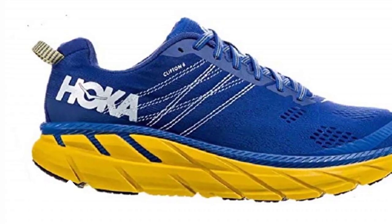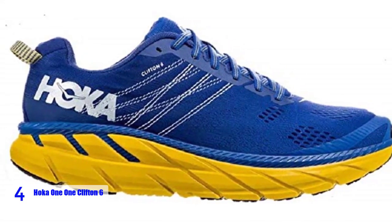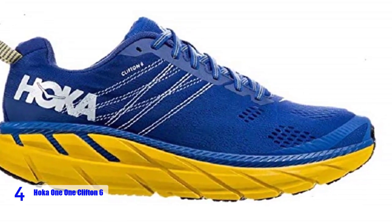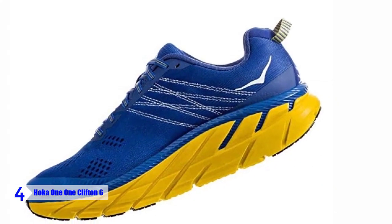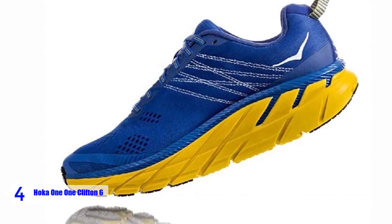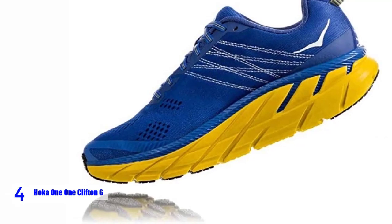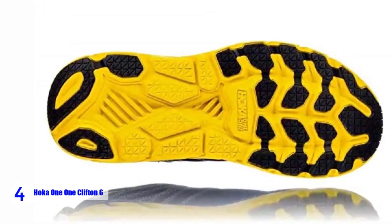Next up, at number 4, we have the Hoka One One Men's Clifton 6 Running Shoe. The Hoka One One Men's Clifton 6 Running Shoe is back with an all-new design built to enhance your daily training. It has full-length Avia cushioning, but updated geometries and a slightly softer foam to create a revamped experience. The upper material is also thinner than previous versions, and offers a more adaptable foot wrap with significantly more room